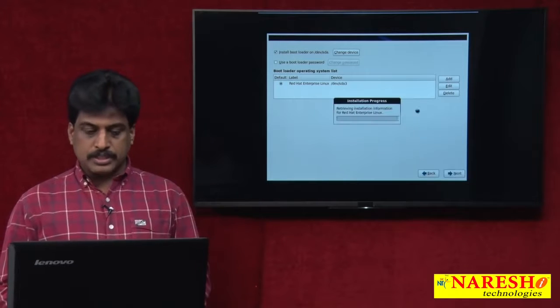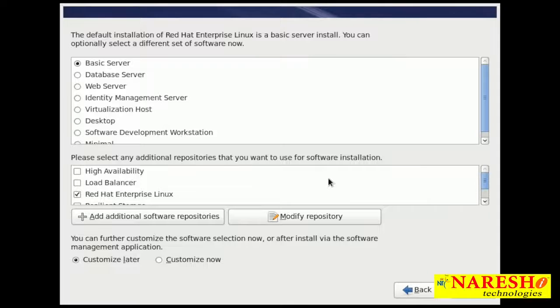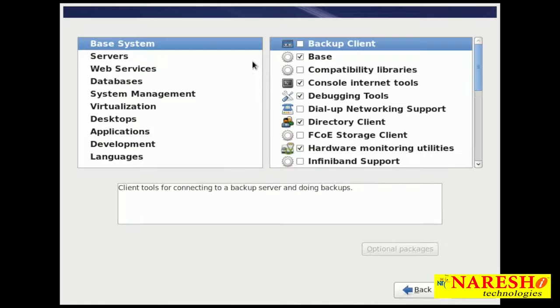It is moving through the process one by one. Installation progress started. Once started, the default installation is Red Hat Enterprise Linux basic server. I selected that, Red Hat Linux, and I am going to select the next button. Customize now, select the next button and observe how the installation process goes. Basic system and backup client.